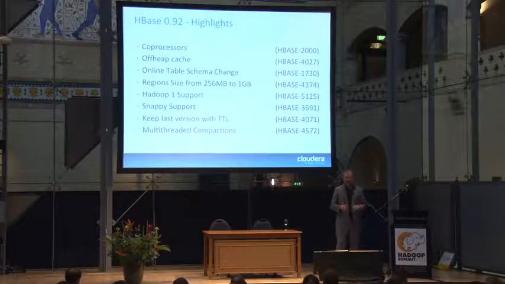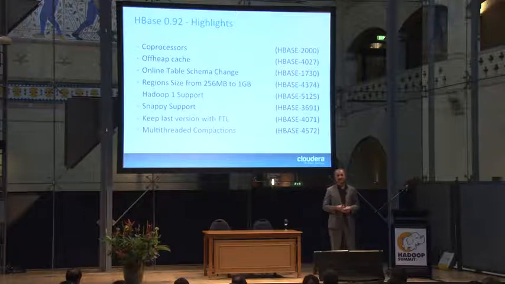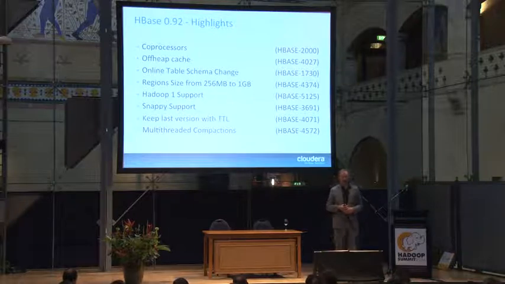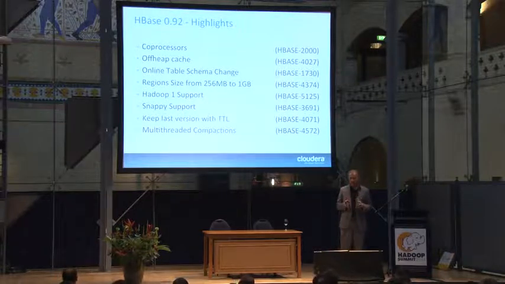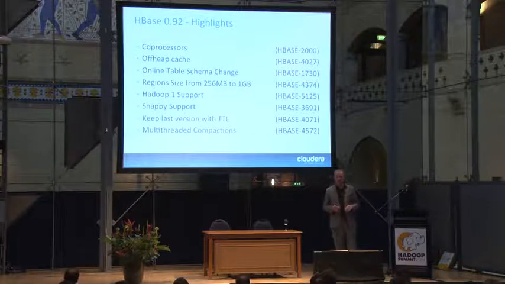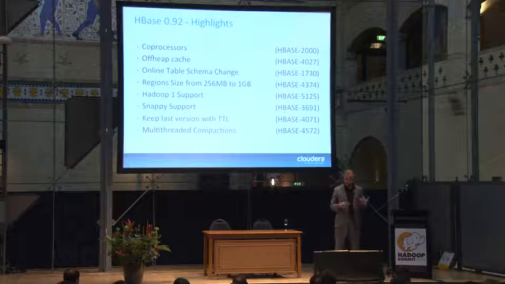We also changed the region size here from a very small quarter gig to an entire gig. We actually changed this later on again, but very early versions of Hadoop, although it was big data, were quite small in terms of defaults. It's not really useful. So we upped this number because the system was more capable of handling larger regions.